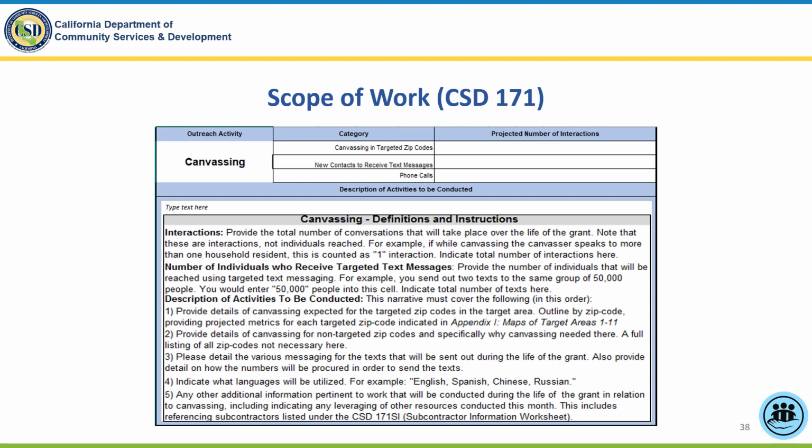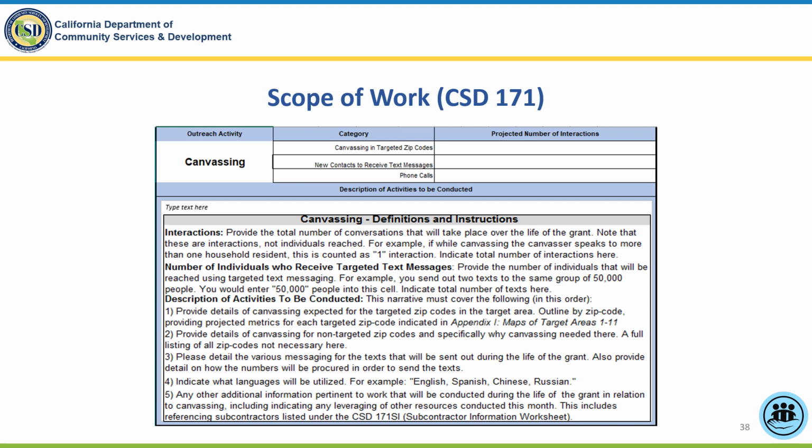Please keep in mind that canvassing requires a trusted messenger to deliver a one-on-one meaningful message that will motivate folks to change their behavior. In this case, the behavior we're seeking to change is for folks to file their taxes utilizing free tax preparation assistance services and claiming the credits.